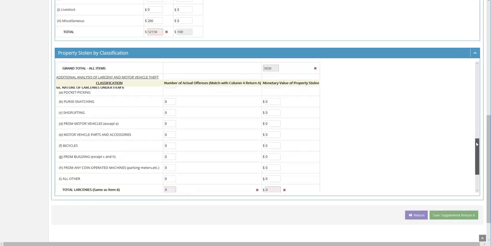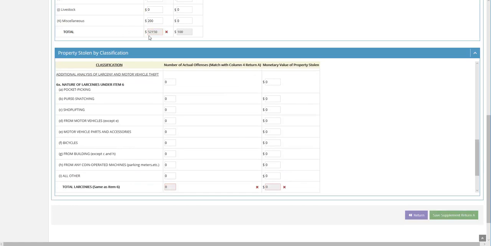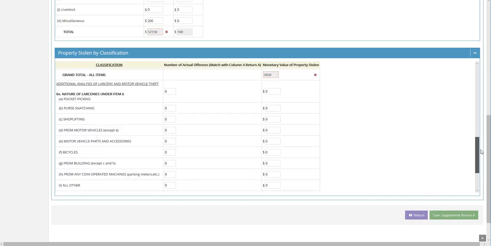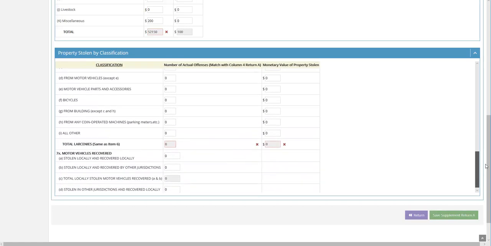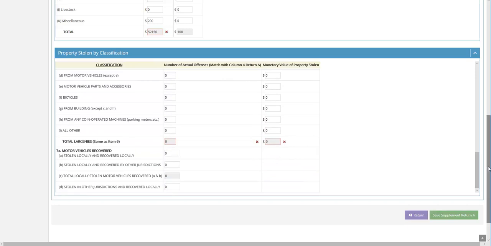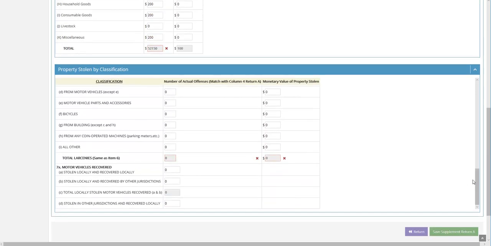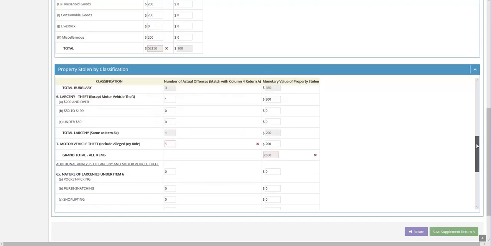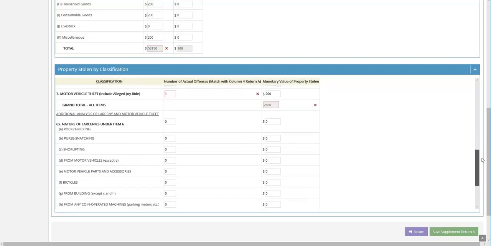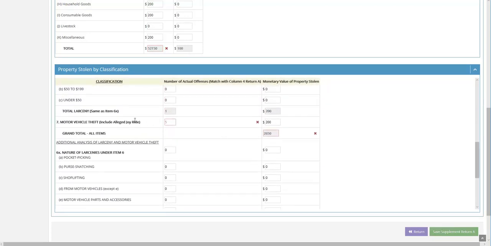So what it's probably complaining about is I need to make this number here break it down over here. So let's take a look. So probably my biggest mistake is right here, because I put in $200, and obviously we had